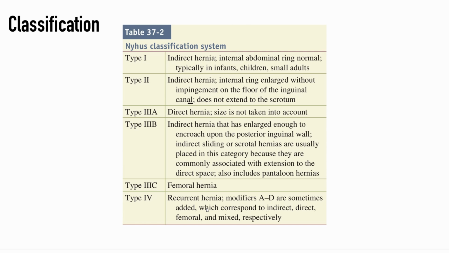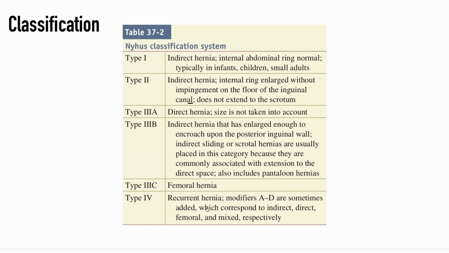So this table details the Nyhus classification system, and it categorizes hernia defects by location, size, and type. It is comprised of 4 types, and type 3 is further subdivided into types 3A, 3B, and 3C. Direct hernias are classified as type 3A, regardless of size. Femoral hernias are classified as type 3C, and recurrent hernias are classified as type 4. Type 4 hernias can be further modified with letters A through D, which correspond to indirect, direct, femoral, and mixed